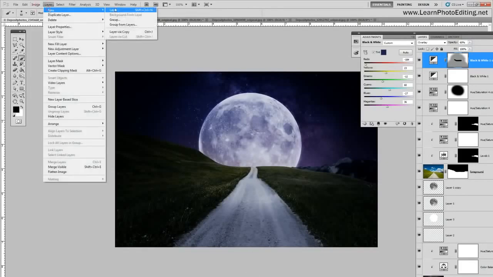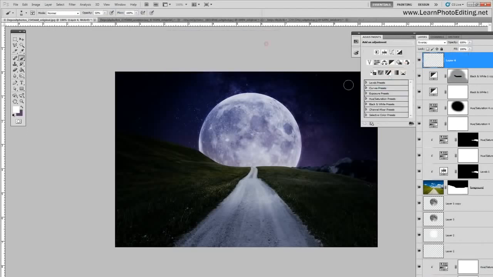So let's just add a new layer and use the rectangular marquee tool and create a selection right there. Fill the selection with the color black,